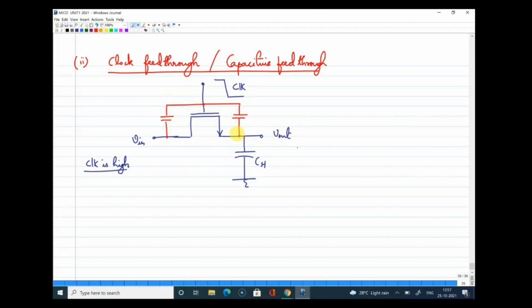Right. Now, if you look at the left side, this is your gate and this is your drain. You have a CGD capacitance. On the other side, what you have is between gate and source. So you can clearly see from the structure of the MOSFET, there will be gate to drain and gate to source capacitance, and these capacitances are identified as overlap capacitance.